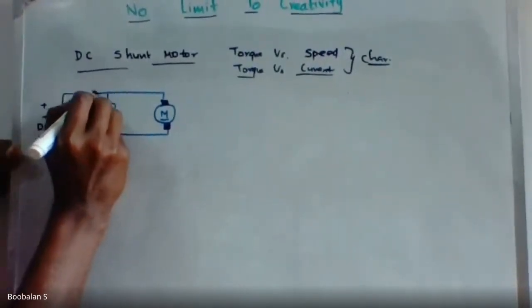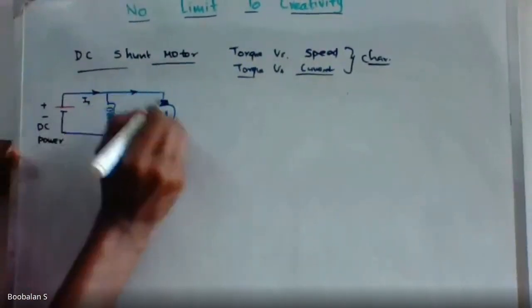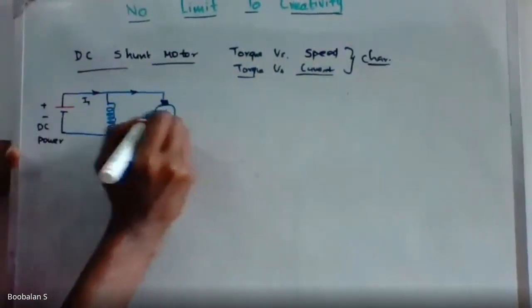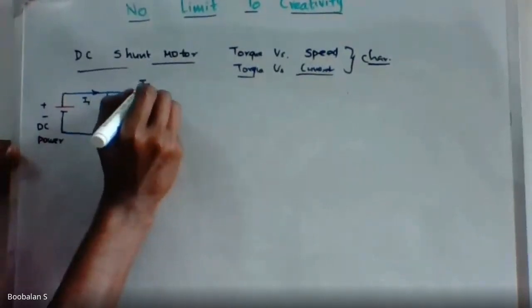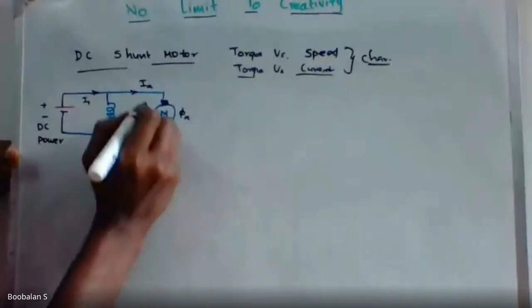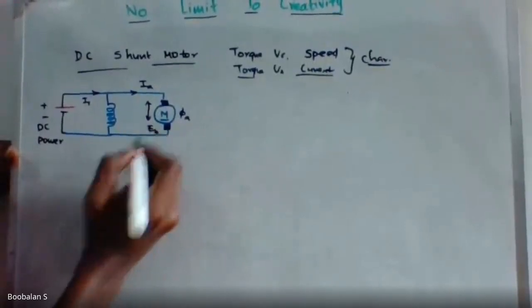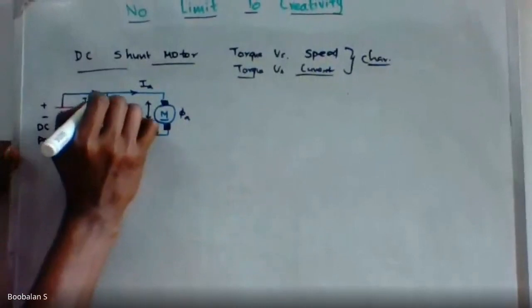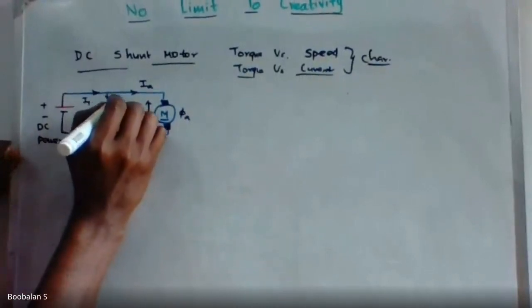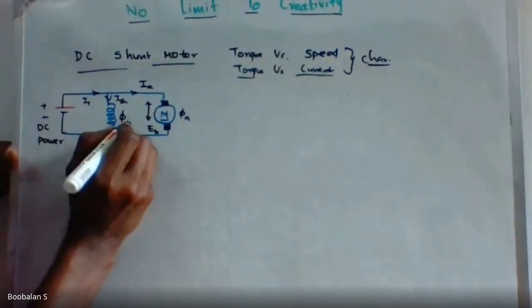And the current is now flowing, that's the total current, and the current entering into the circuit is called IA, because this armature, that's the current flow into the circuit, is IA. So into this are flux lines phi A, and into this is the power, that's called back EMF. So this is called the shunt winding. So the current flow is I suffix SH, ISH, and it introduces flux lines, right?